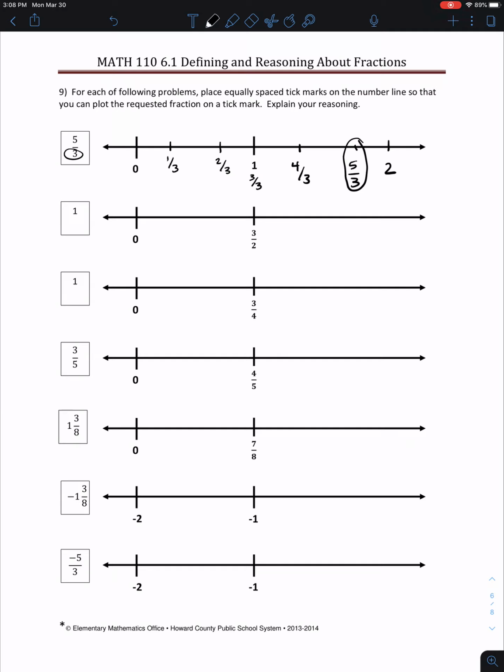All right, so let me do the next one also, and then I'll let you do the rest, just because this one's kind of a weird one, because instead of going 0 to 1, it's going 0 to 3/2. So in this case, since this is going to 3/2, remember this is the same thing as like 1 1/2. And so I'm actually trying to figure out where 1 would live in this area. So what I want to do is divide this guy up into 3 spots. So I'd want to divide this up into 1/2,